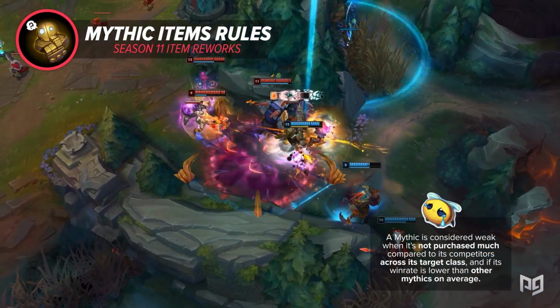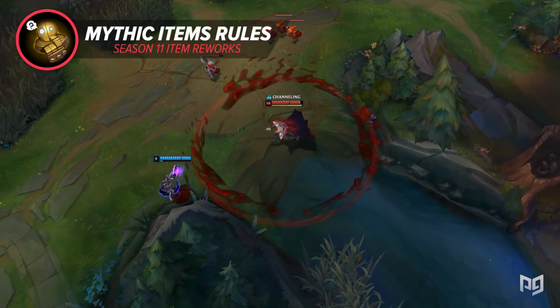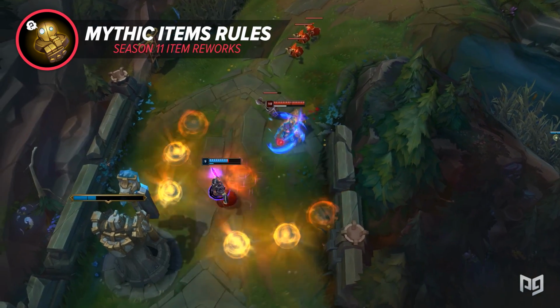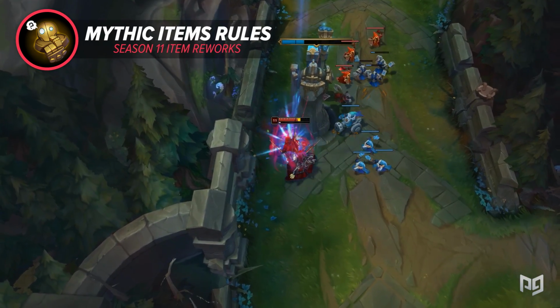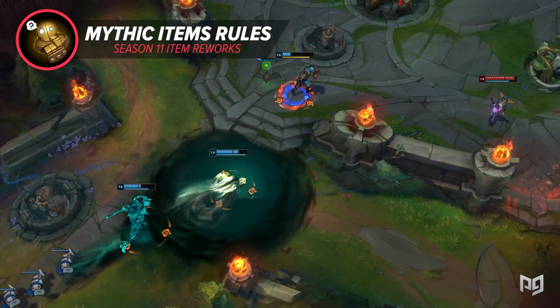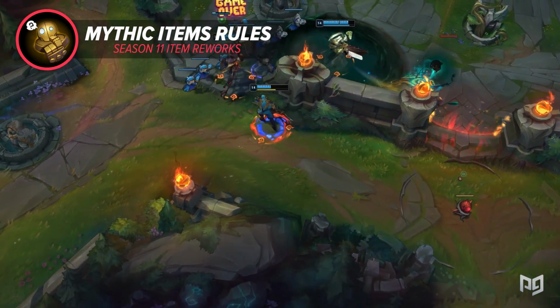The first metric is one that may be more apparent. If mythics are designed to be bought in certain situations, but one is being bought quite a bit less than its competitors, it must be too weak. The second metric requires a bit more of compiling data and is aimed at finding items that are weaker but not necessarily unpopular. Items that are losing more than others but are still being bought a lot anyways means they must be the better choice in a situation, and some buffs should make them perform better when they are a